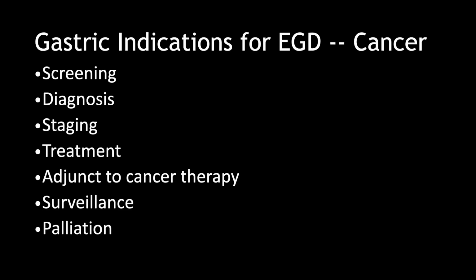After patients have survived their cancer, they next go into surveillance. So, after surgery, for example, patients are referred for routine surveillance exams to evaluate the anastomosis or surgery site. And surveillance is also indicated for patients with pre-malignant lesions, as I mentioned earlier. So, one of these would be intestinal metaplasia. Patients with intestinal metaplasia, changes of their gastric mucosa, are at risk for developing gastric cancer and therefore require routine surveillance exams with